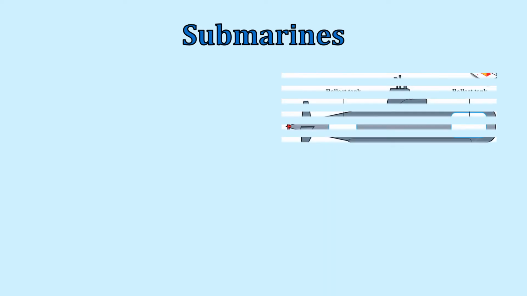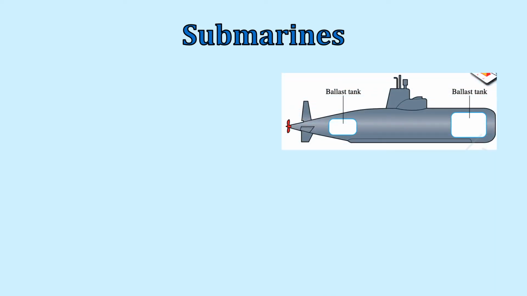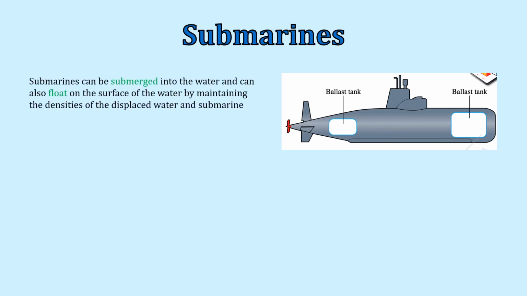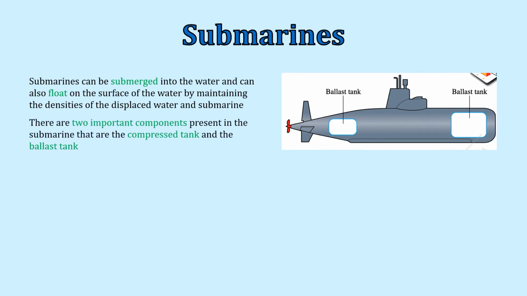The second application that I want to introduce to you is submarines. Submarines also work on Archimedes' principle. A submarine can be submerged into the water and can also float on the surface of the water by maintaining the densities of the displaced water and submarine. These densities are maintained by the two important components present in the submarine, that are the compressed tank